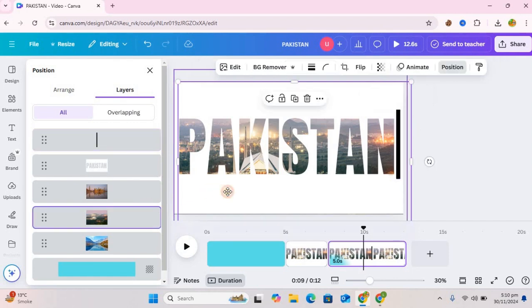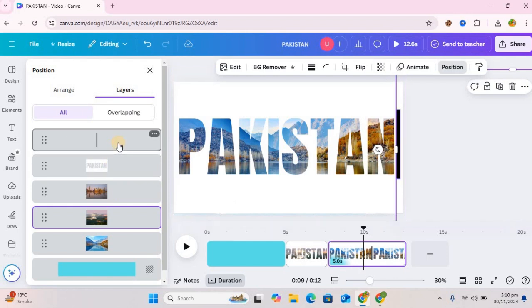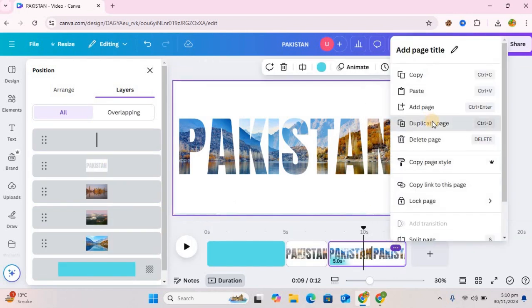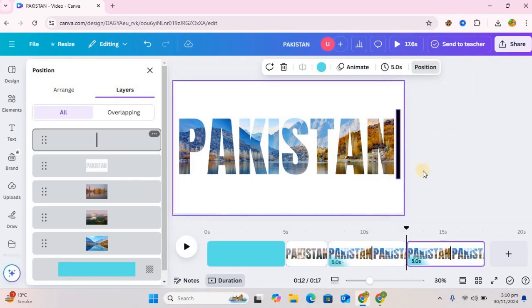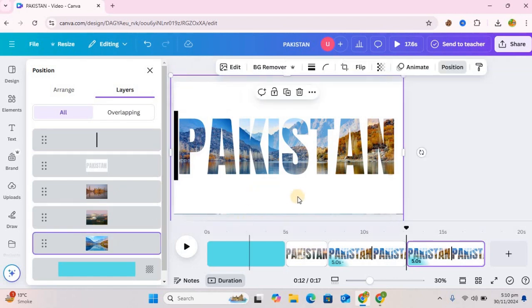Now come to the second layer, duplicate page, click on this layer. On the third image,